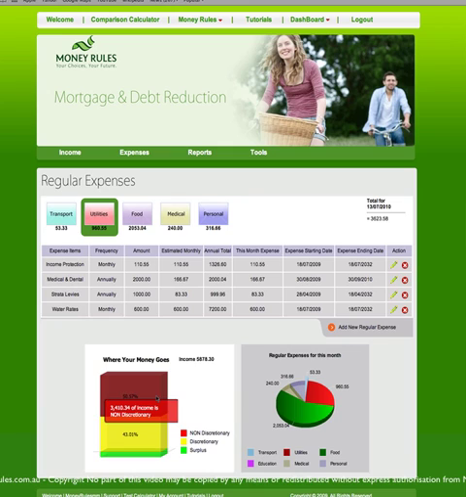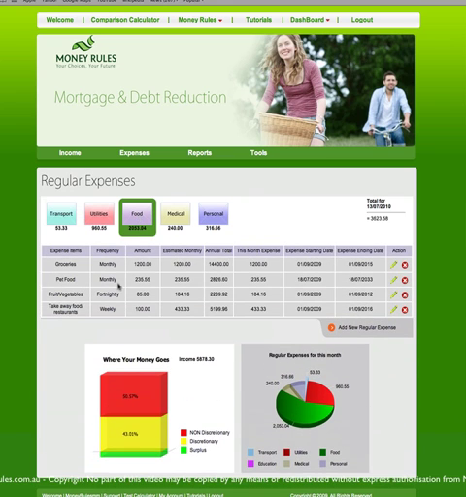So you could go back and you could have a look at what those expenses are. 43% of income, or 2,900, which is the balance of this income here, is going towards discretionary income. Now that could be things such as, let's have a look at food. Food says takeaway food restaurants weekly, $100 a week, that's $433 a month, or $5,200 a year. What if we were to change that a little bit? Let's say